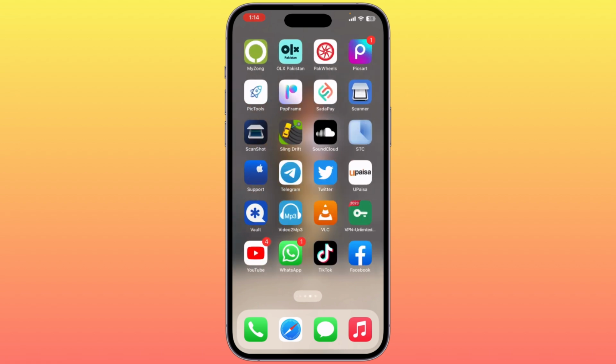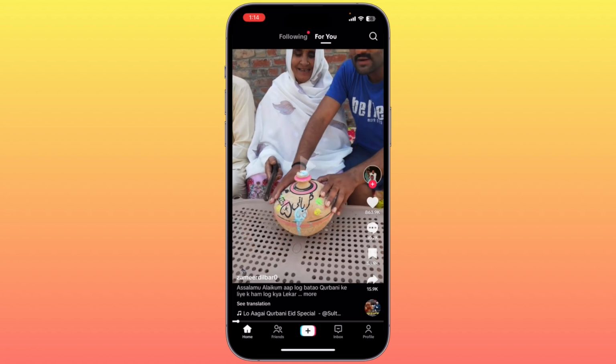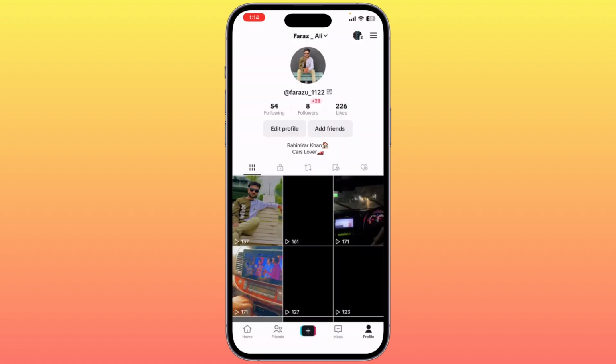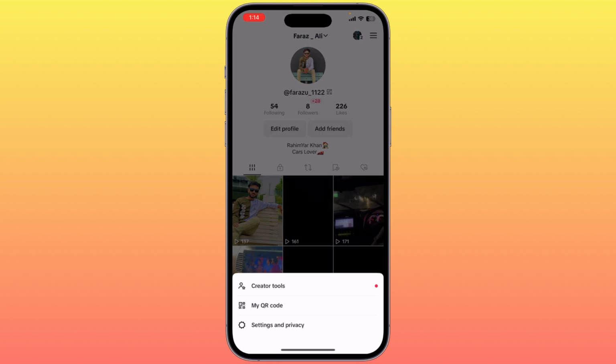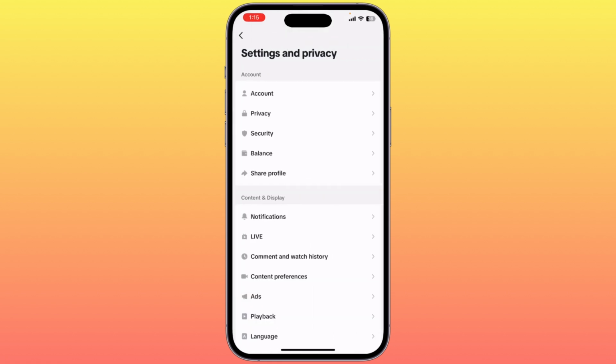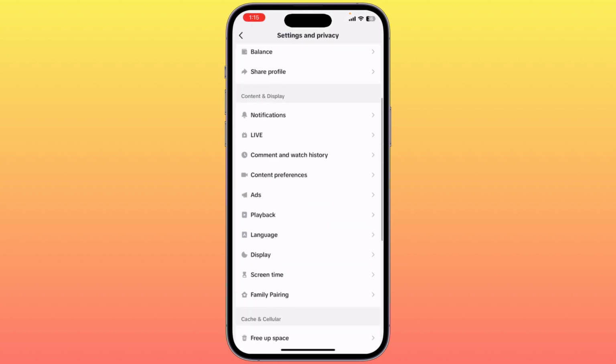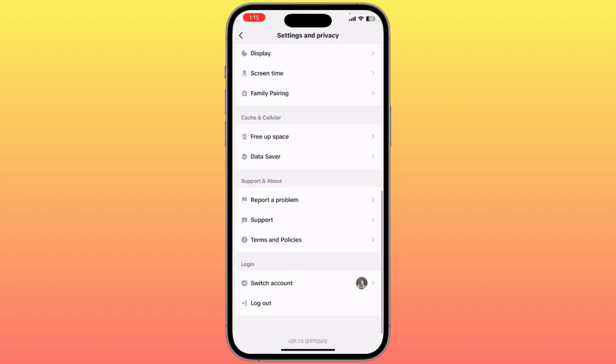So guys, first of all, go to the TikTok account. So here is my TikTok. Go to the profile section here and tap on the three icons in the right corner. Tap on settings and privacy. So scroll down here, tap on report a problem,